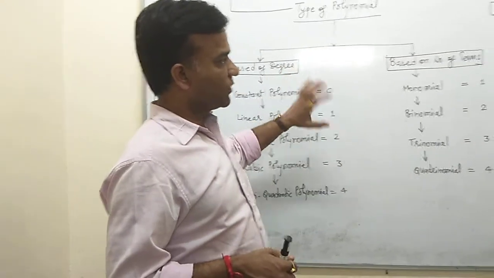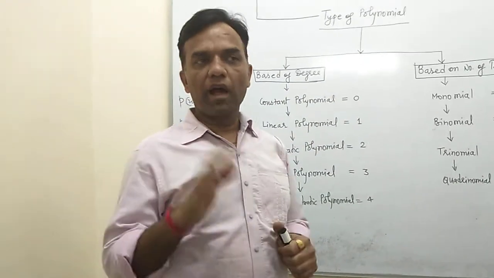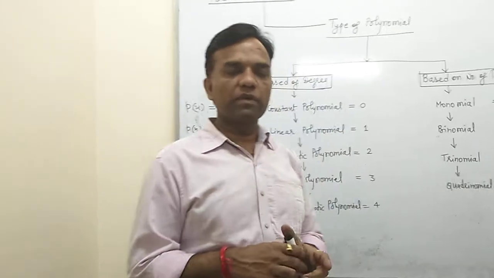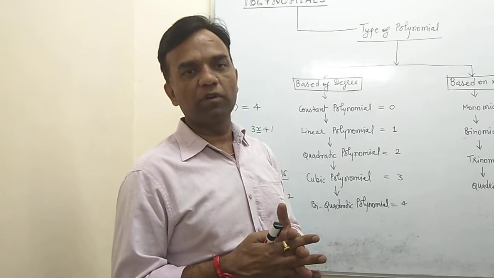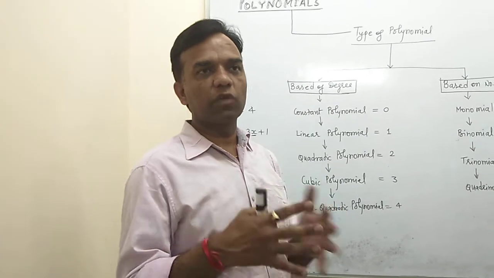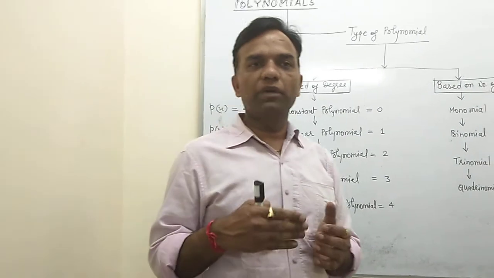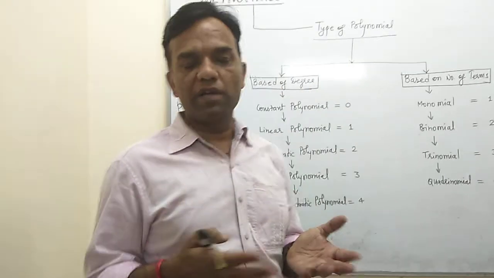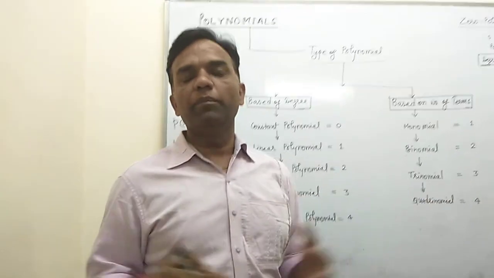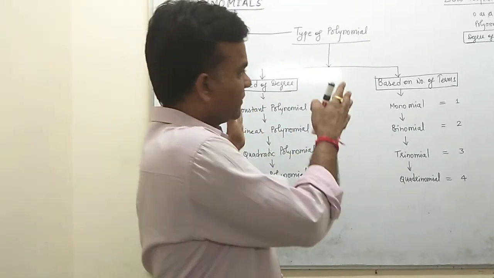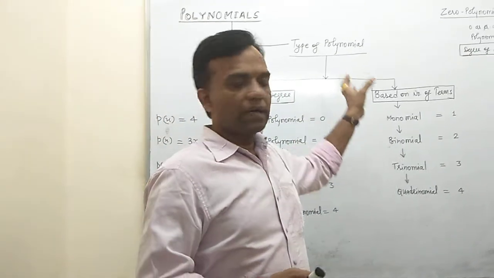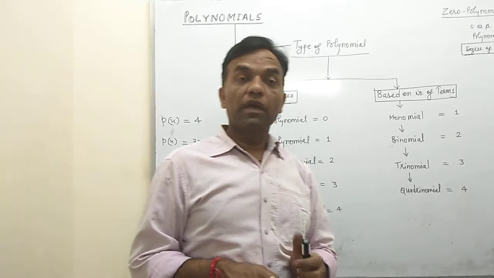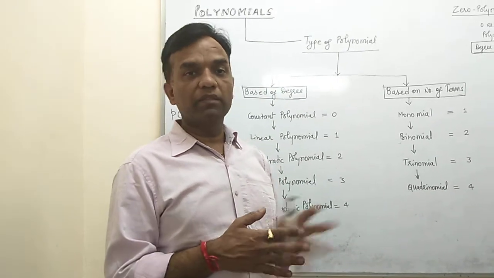First you clear in your mind how many conditions are given there, because basically students are confused. When the teacher asks about the types of polynomial, they do not ask what the types are related to, whether related to degree or related to number of terms. So we describe the flowchart on both sides here: related to the degree, how many types, and related to terms, how many types. That is the important part.